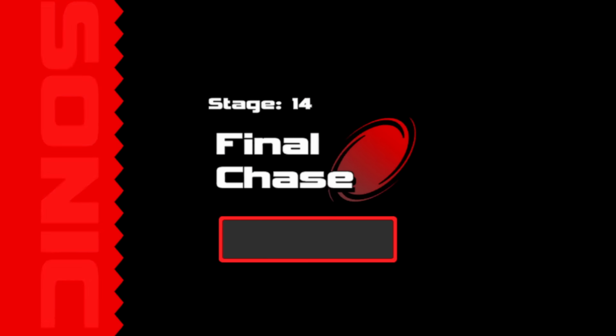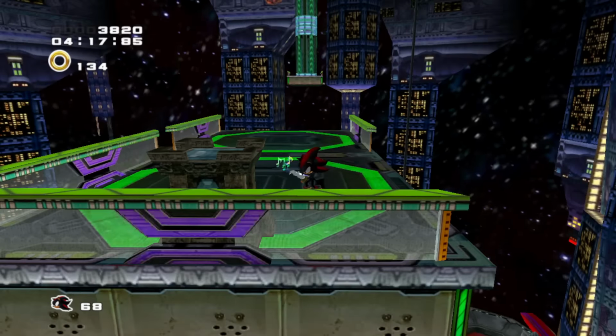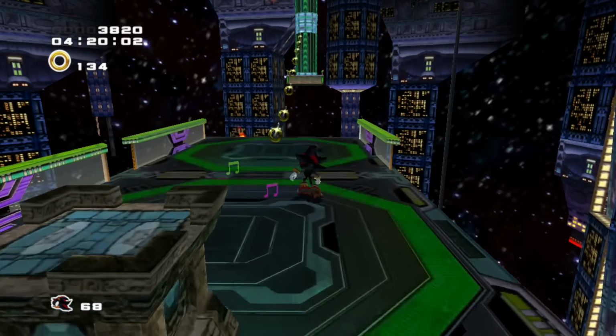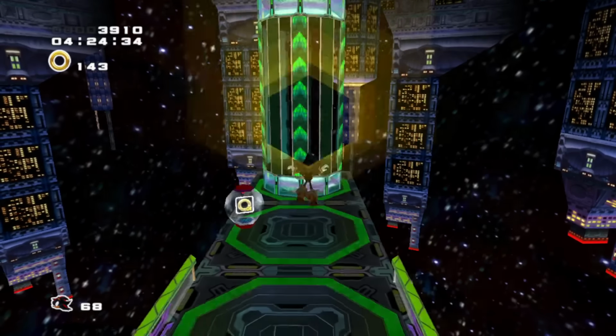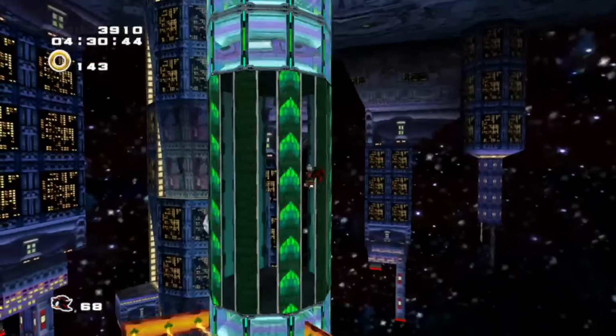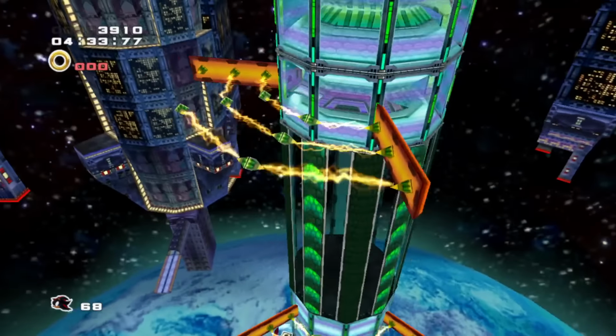Final Chase is the final dark side level to this challenge, so there's a lot of pressure here. The Lost Chao is found at the end of the level by playing the Mystic Melody, which will spawn a trail of rings and a platform, leading to this very long vertical pipe, and at the top of that pipe is the Lost Chao. Well, I mean, I died there because I decided to full send it, but trust me,